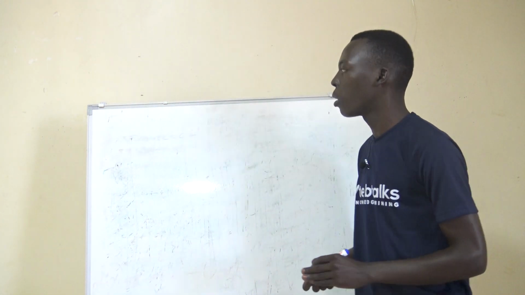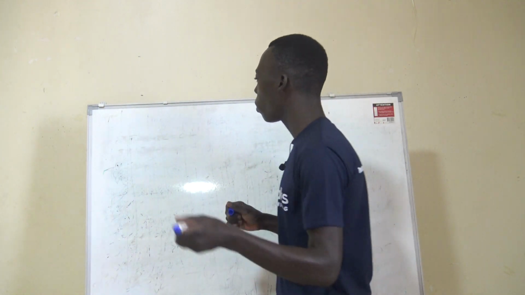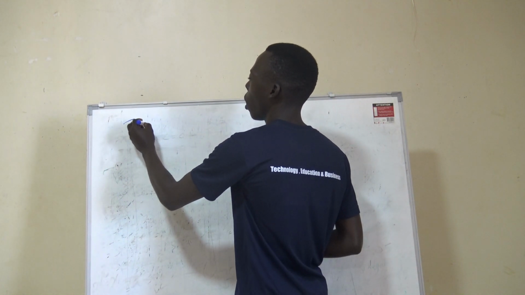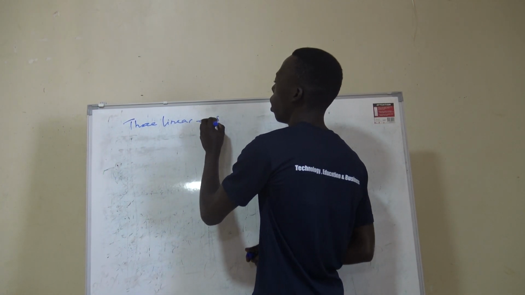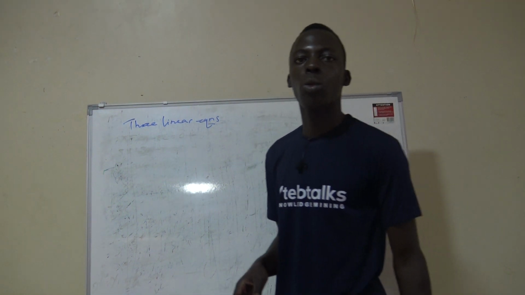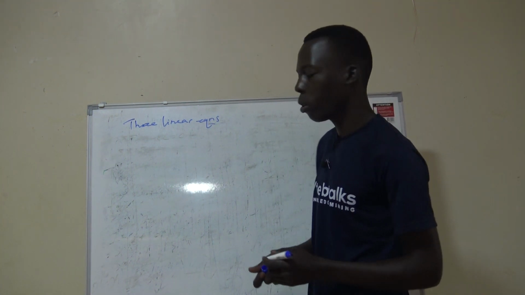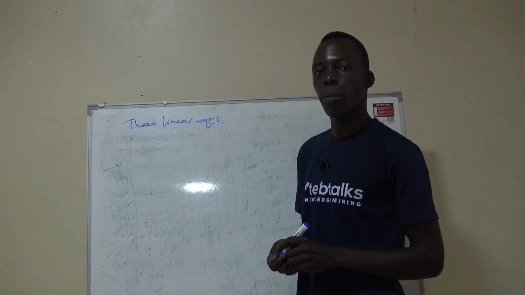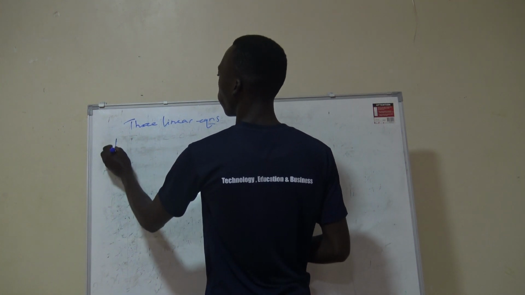We are still looking at algebra. Now, on algebra, we said that we reach a step of solving three linear equations. When solving three linear equations, we said we can use two methods. The first one was substitution, and the second one was row reduction to echelon form. Substitution was done, so now we are going to row reduction